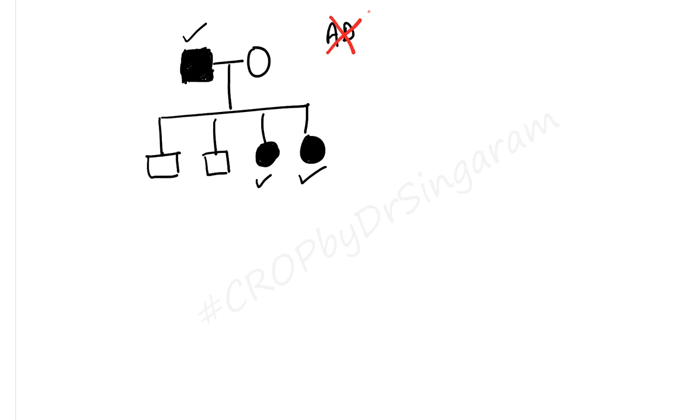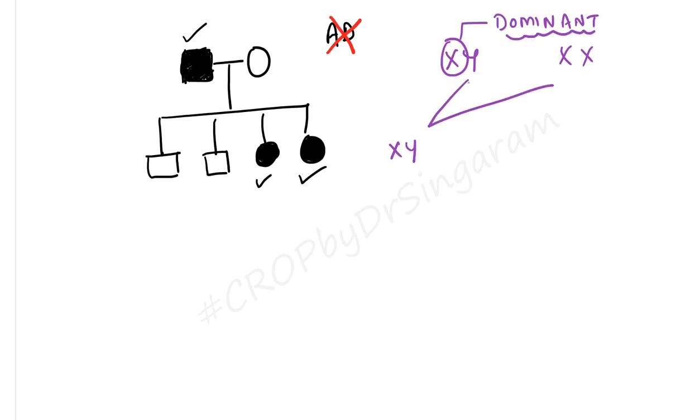Let me put it up in a different form and make you understand it. Suppose I denote the father as XY and the mother as XX, okay, which is what we normally denote. And suppose I say that the father has a problem due to a problem in the X chromosome, but here please note that the X chromosome is a dominant X chromosome. What is the meaning of dominance? Even one abnormal allele, the disease would be expressed. So what are all the possible offspring? Y may combine with the X forming XY. Again, Y may combine with the other X forming XY. XY means males. That means the sons are not affected. That's what you see on the other side.